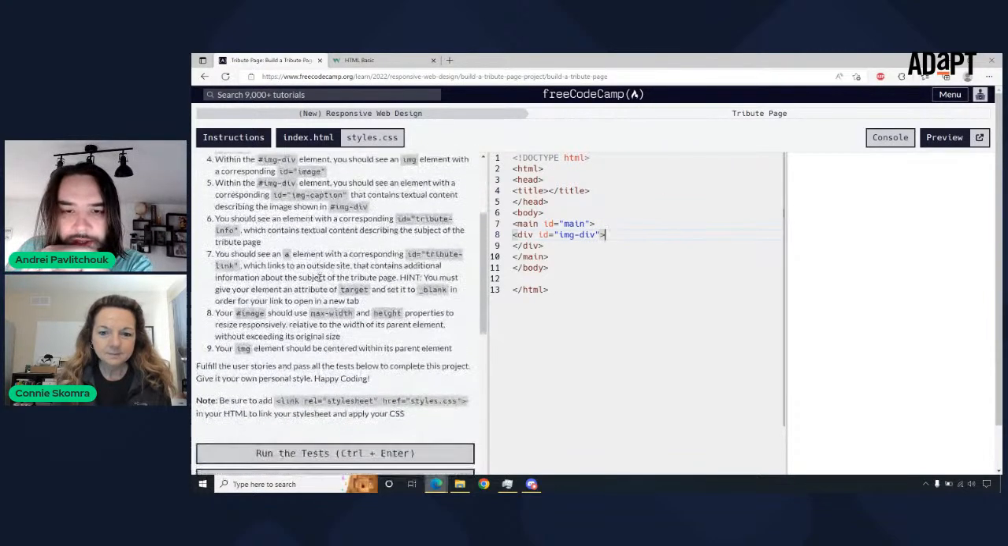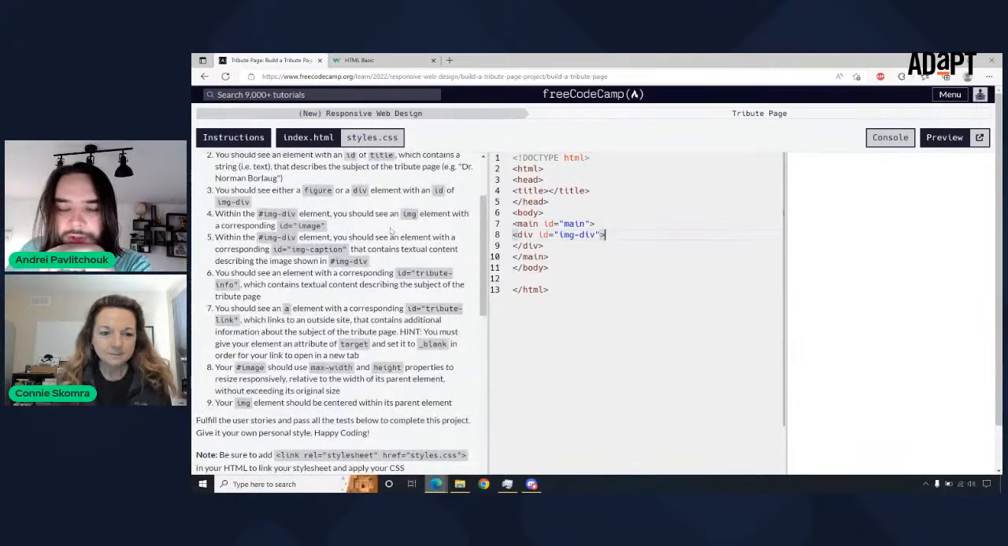Within the image div element, you should see an image element with a corresponding ID equals image. So let's see, where is it? Within the image div, you should see an element with a corresponding ID equals image caption. So you find your element that has the ID of image div, and put within that,